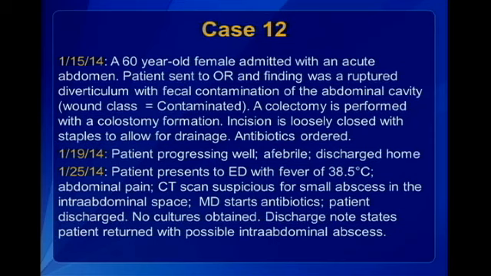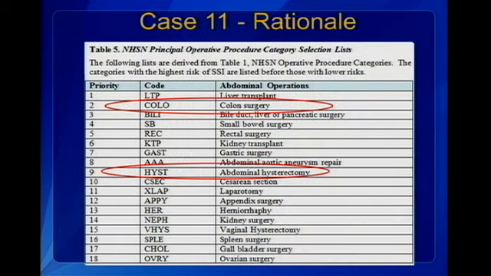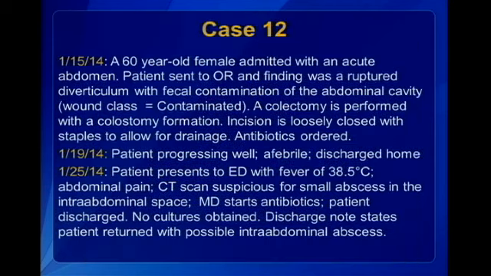It's now 10 days post-op, and she presents to the ED with fever 38.5, abdominal pain. The CT scan is suspicious for some possible small abscesses in the intra-abdominal space. The MD starts some antibiotics. The patient is discharged. No cultures were obtained. And the discharge note states patient returned with possible intra-abdominal abscess. We also see a lot of these little squishy kind of notes. So, whoops, I went the wrong direction. Okay, so